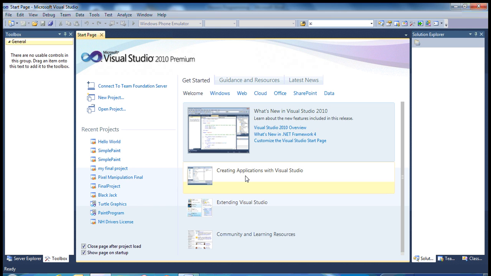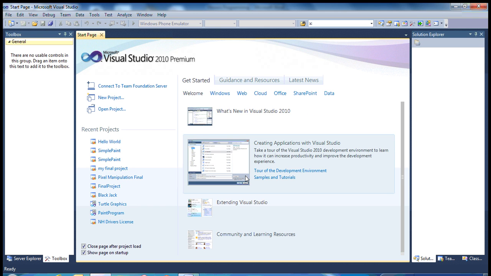The traditional program for showing beginners how to use an IDE, or Integrated Development Environment, is Hello World. It's a very simple program. We're going to go through this just so you can see how to create a project and how to use the IDE. Now, we can either hit New Project from the Start page here,